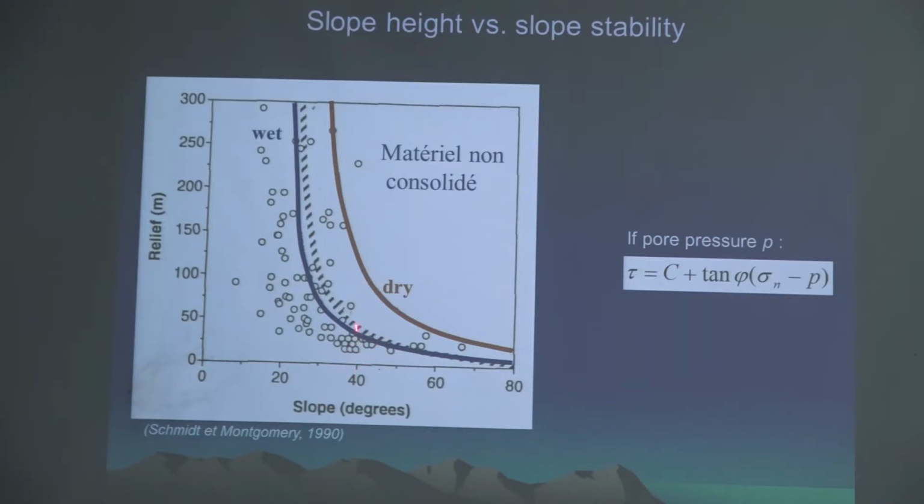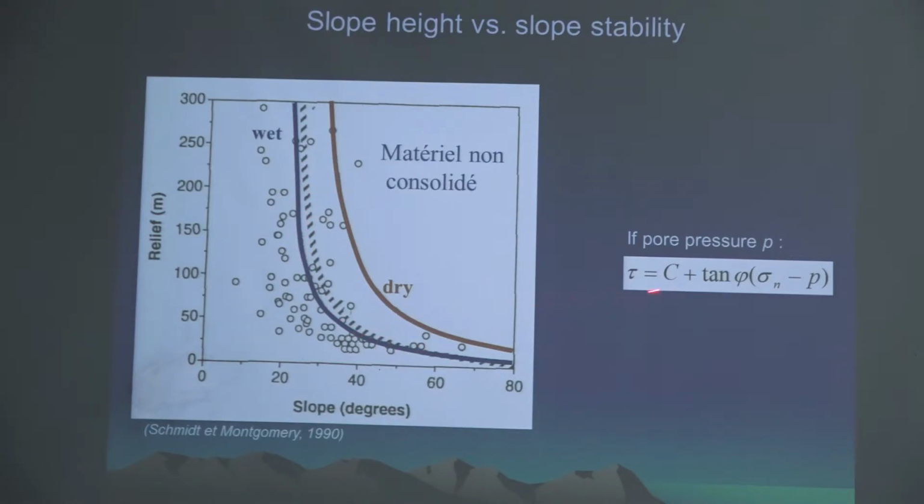So for the same angle between dry and wet material, with pore pressure, it will be easier to have a collapse for a given slope. So the elevation associated here with a given slope will be lower in case you have a lot of water in your massif. And same for the